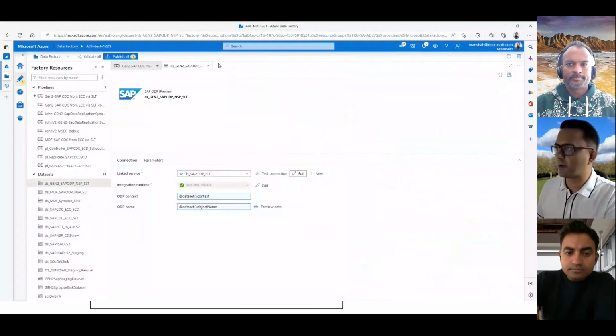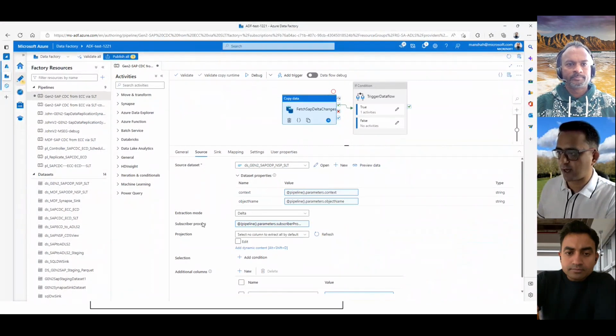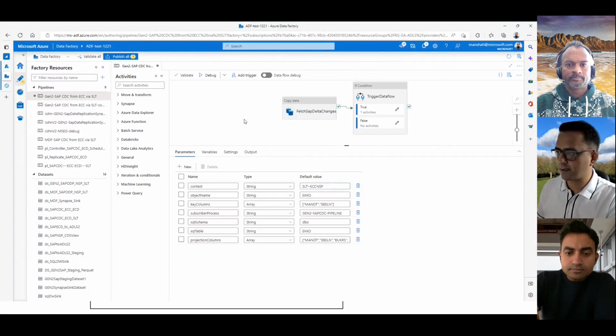And there's one other property we need to look at, which is the subscriber process. I've parameterized that, but if we look at